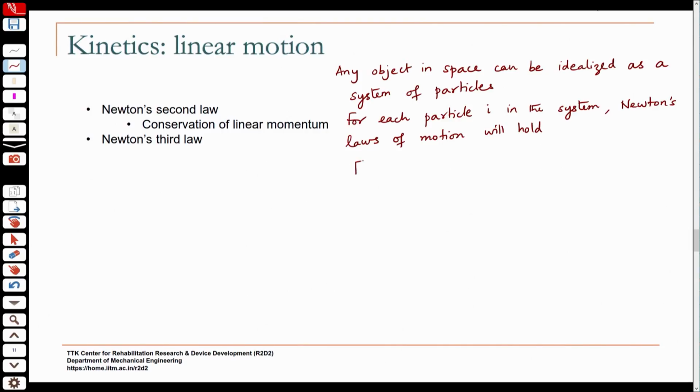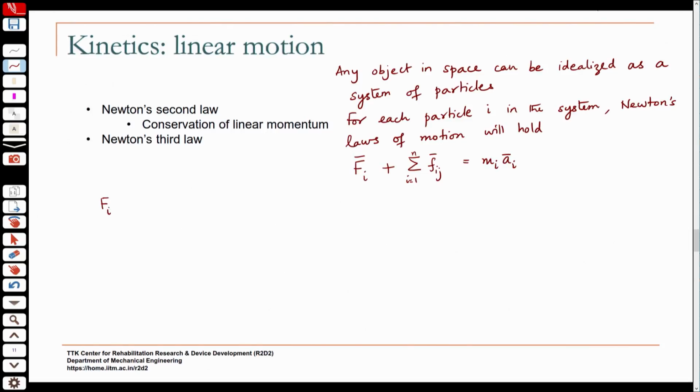So, I can say that F I plus sigma over j equal to 1 to n of small f I j equals m I a I. When I put a bar, I am denoting them as vectors,